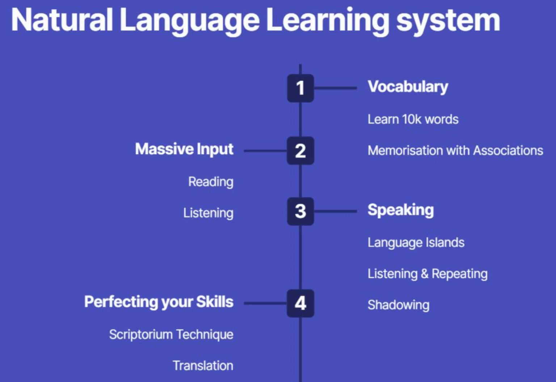So once you've memorized enough vocabulary, and then if you get massive amounts of input, reading and listening, you will keep seeing this vocabulary in context. That means you're reviewing it. That means you will not forget it. So ideally, the best way to improve comprehension quickly is memorize a lot of vocabulary with associations and massive input. So you should be associating like 50, 100, maybe 200 or 300 words a day with these techniques, and getting a lot of reading and listening practice.